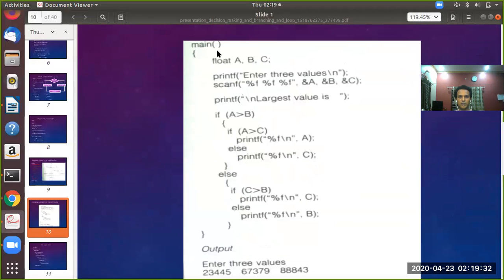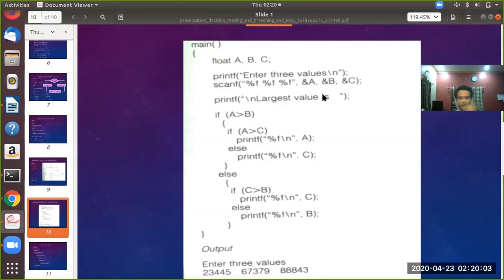You see a main program, and it declares three float variables a, b, c, and it reads the values for a, b and c using the scanf statement. That is why there are three %f's, because three variables are there. The first %f reads the value from the keyboard at the address of a, the second at the address of b, and the third reads the value into variable c.